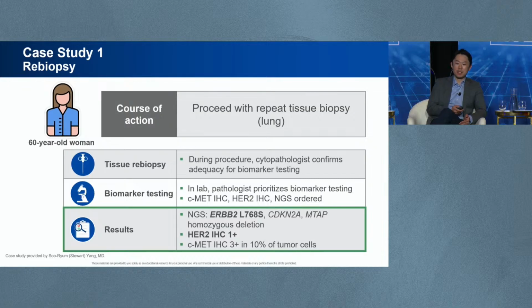On the NGS, we have ERBB2 L768S. We also have CDKN2A and MTAP homozygous deletions. HER2 was 1+ by IHC, and c-Met was 3+ in 10% of tumor cells. So now let's break this apart and try to get a better understanding of what these